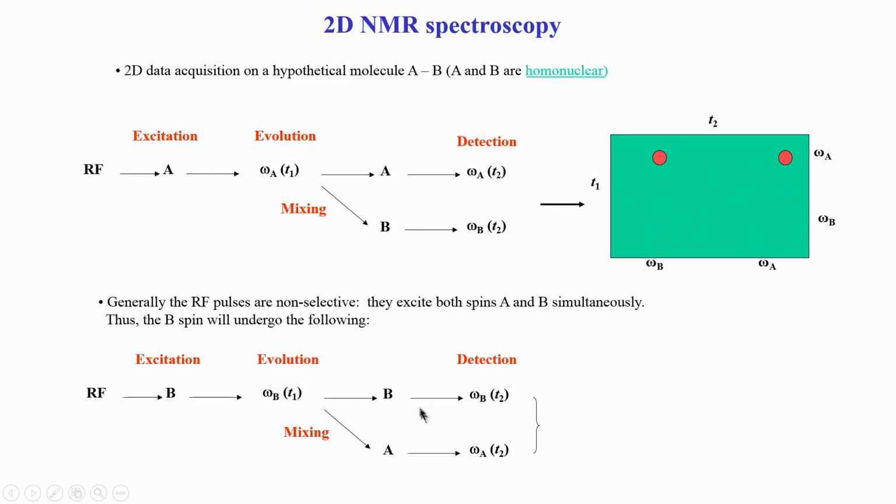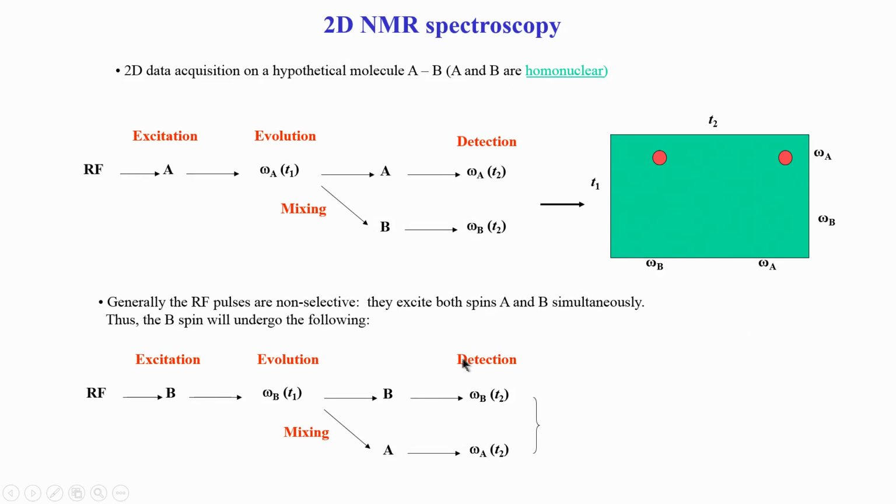Now, after the transfer has happened, we apply another RF pulse, that is a mixing pulse, which will now excite the one which was not transferred. So, for example, here B was excited, it remains excited, it further goes away. This is the magnetization which remains on B, that as I said majority of it remains on the nucleus, it does not get transferred, whereas the one which got transferred to A gets excited, the A nucleus is excited by the second RF pulse, and that then evolves during the detection time.